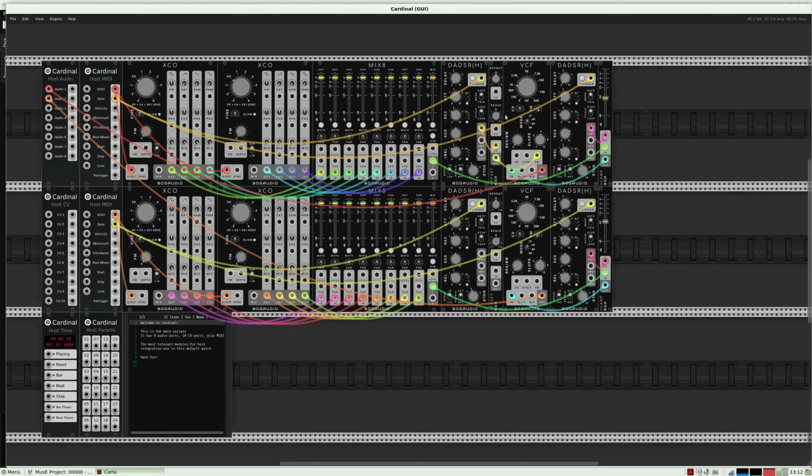Now the filter is working with the envelope here, and I can now change the envelope settings here. And here, this is the frequency of the filter. I put it to 0.